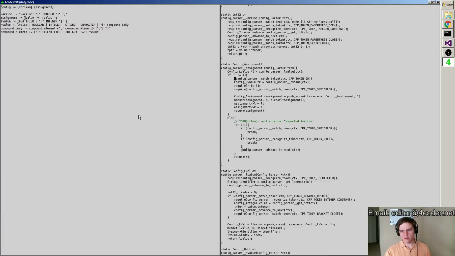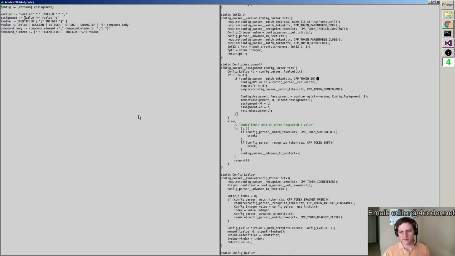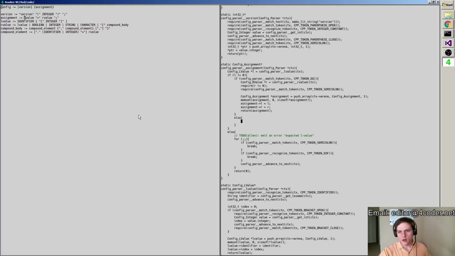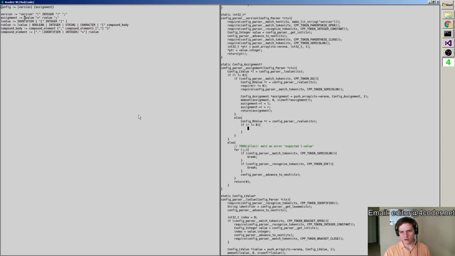Now, if we manage to match an equal sign here, we'll continue on the way we were. What happens if we don't find an equal sign? Well, what we could do is say, let's still try this. And if r does not equal 0, then we can actually do what we would have done anyway.